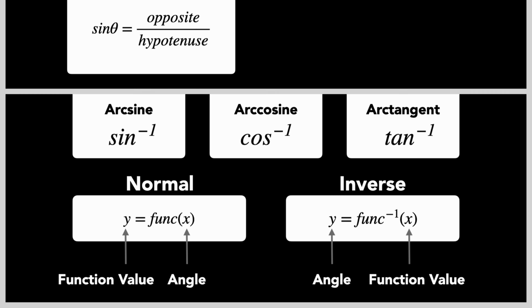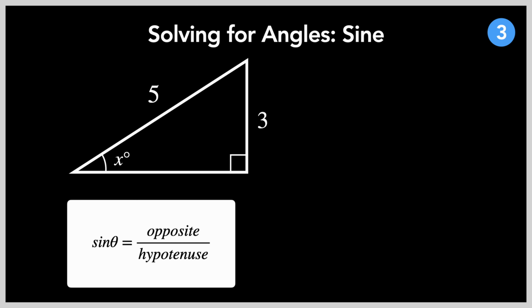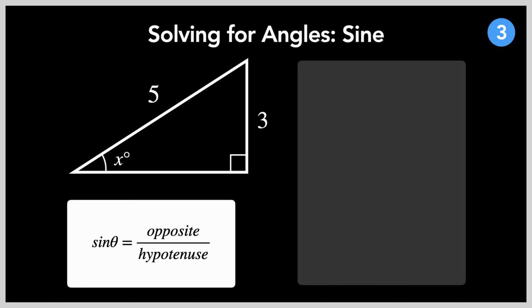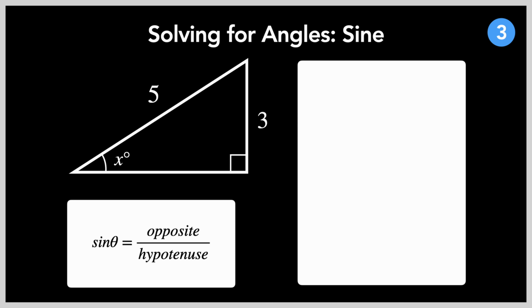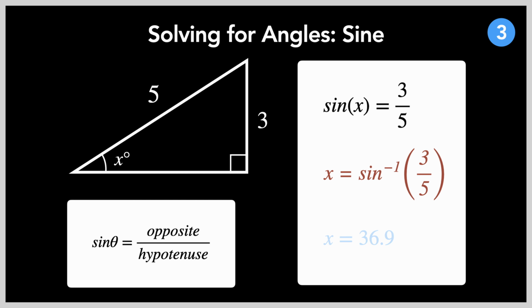Using our newfound knowledge, let's move on to solving for angles using trigonometric functions. All you would need to solve for one of the acute angles is the length of two sides, starting off with using sine to find angle x. We know that the sine of x is equal to 3/5. Using inverse functions, we can rearrange this equation to make x the subject, as it is equal to the arcsine of 3/5. Punching this into your calculator would get you the x value of 36.9.